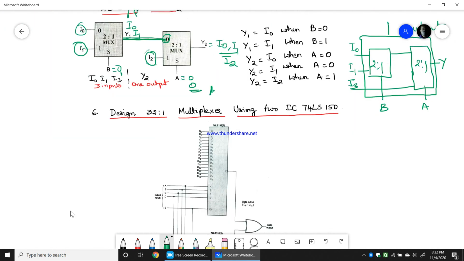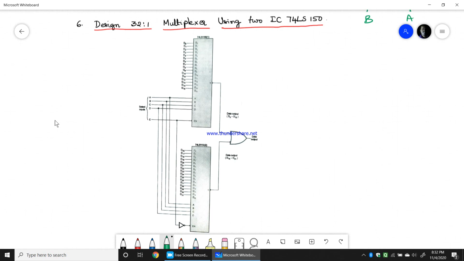Okay, the next problem: design a 32:1 multiplexer using IC 74150. Now we know that 74150 is a 16:1 multiplexer. So this is one 74150, and this is another 74150.